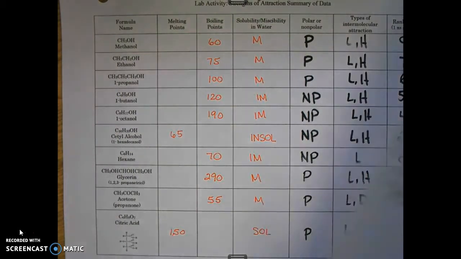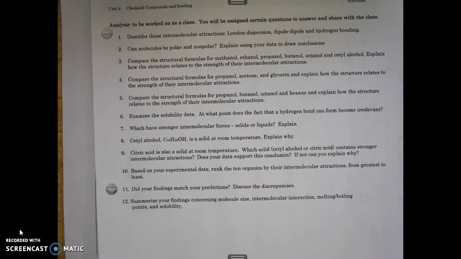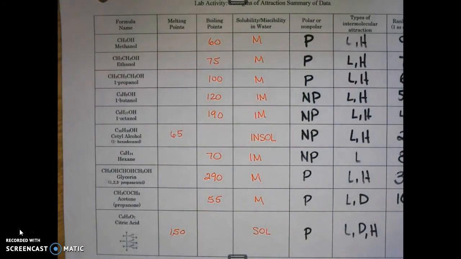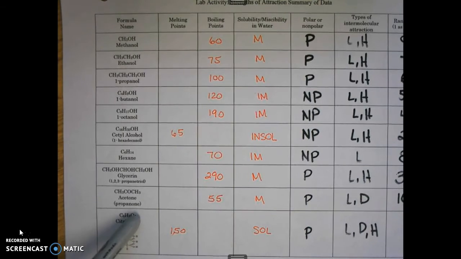The next question, number 9, asks us to take a look at now citric acid, which is also a solid at room temperature. What can you conclude? Well, if you look at the structure, cetyl alcohol has only 1 OH, whereas citric acid has 4. There's 1 on the left and there's 3 on the right. Plus, this is a carboxylic acid. There are 3 carboxyl groups. So you have also the potential for dipole-dipole attractions. So with all of those oxygens around,